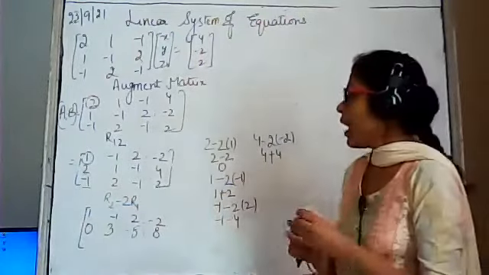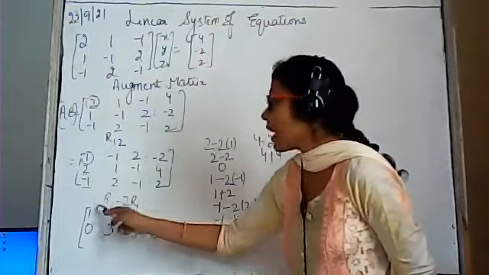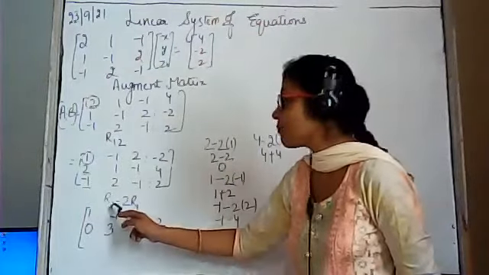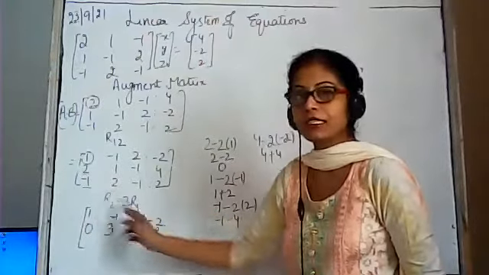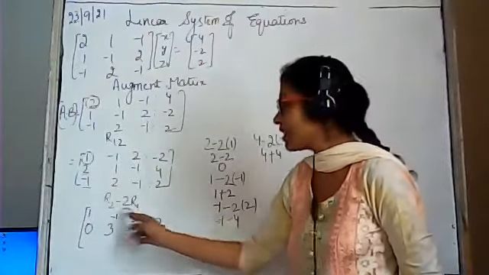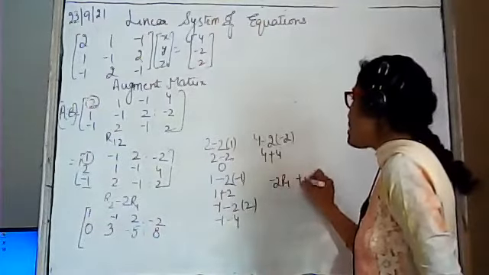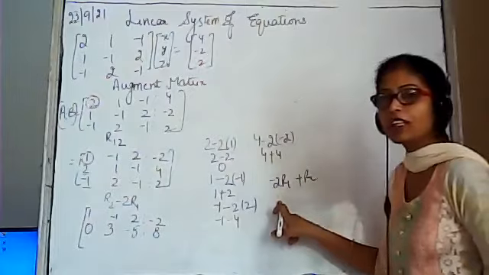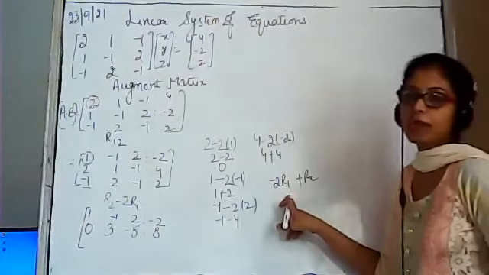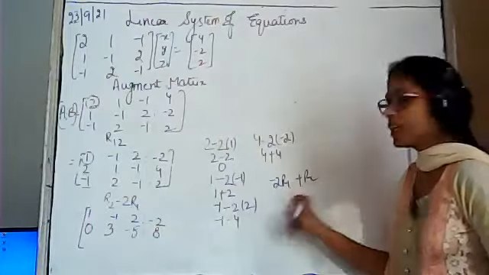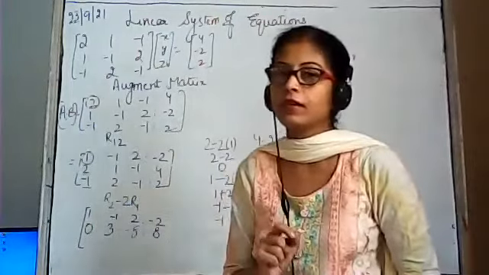One more thing, beta, what you people have to keep in mind: if you write like this, R2 minus 2 R1, it means that we are applying the operations in row number 2 only. But if you interchange this representation, that is, if you write minus 2 R1 plus R2, it means that you will be applying the operations in row number 1. Here, the term you write in the first position, the operations will be applied in that row, not in the second one. You people have to keep this in mind.